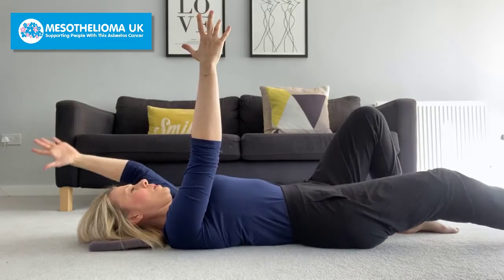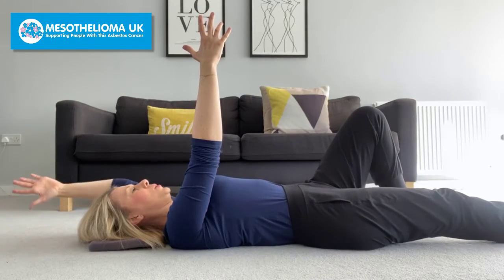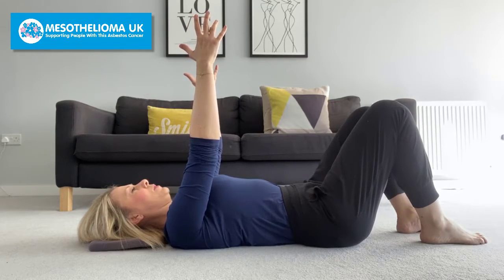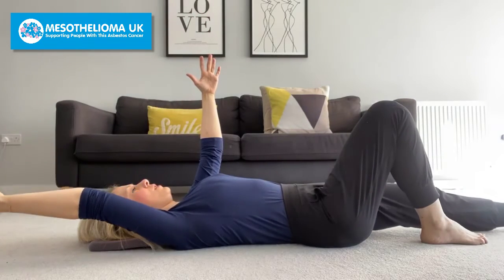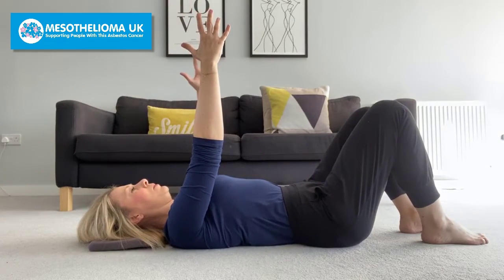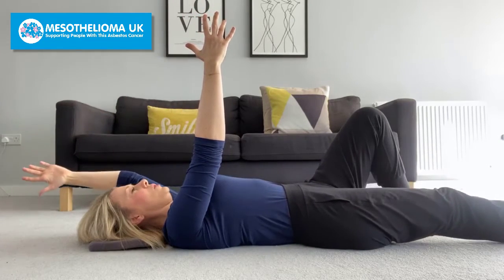Same again, one arm goes back, so we're like a little toy soldier here. One arm comes back to center. So arm and leg moving opposite and back. We're trying to keep the spine nice and stable. You can think about